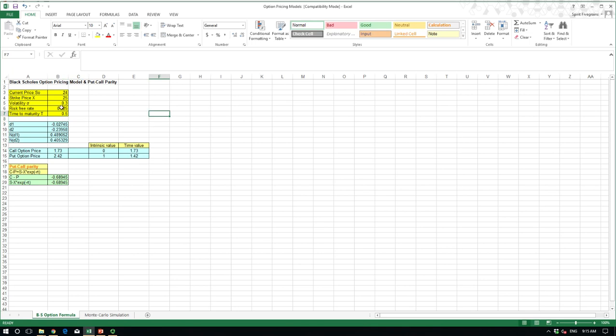And here, once you put the inputs here, this spreadsheet will allow you to get the call and put price immediately. And it also shows you the breakdown of intrinsic value, time value, and the put-call parity. Very useful tool that you can utilize at your discretion. Right? So among those five factors,